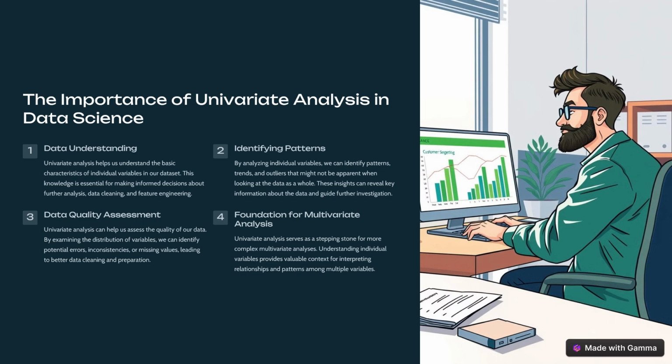First, data understanding. Before you can analyze relationships between variables, you need to understand each one individually. For example, if you are analyzing customer data, you need to know the basic statistics of each variable, like average age or most common product purchased. This basic understanding helps you know what you are dealing with and sets the stage for more complex